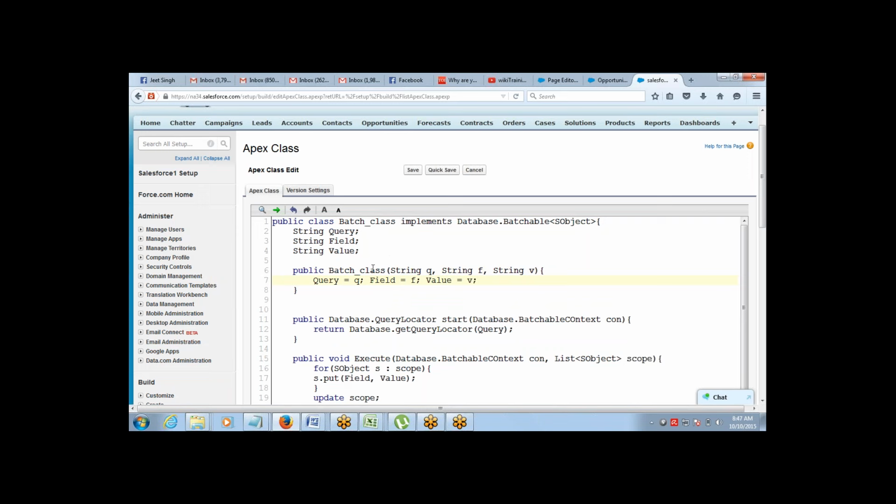Okay, so this constructor will take these three variables q, f and v, and then I'm setting them to query, field and value, and those values will be used within my program.